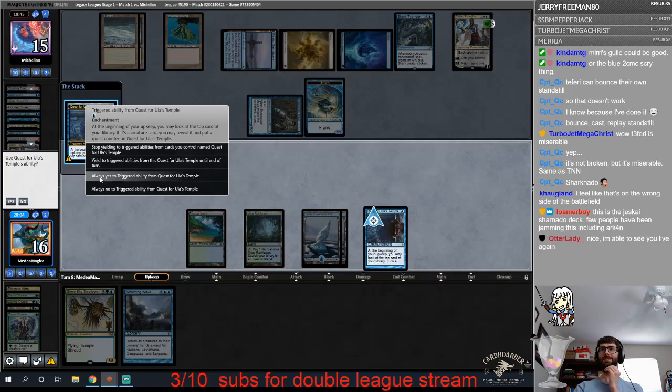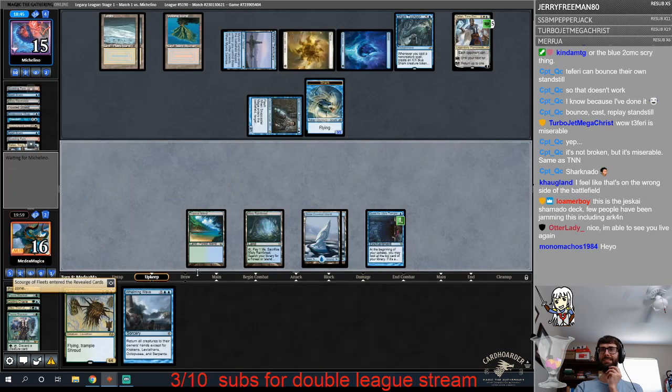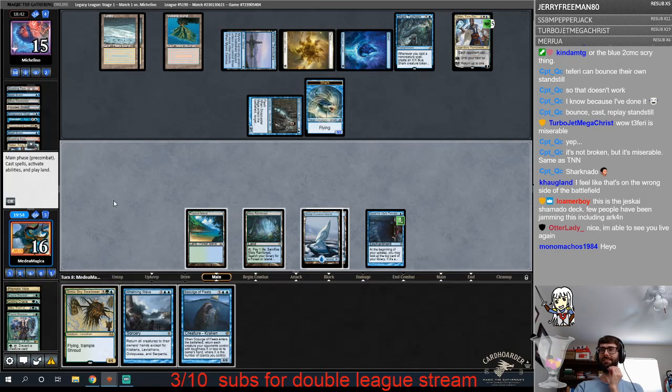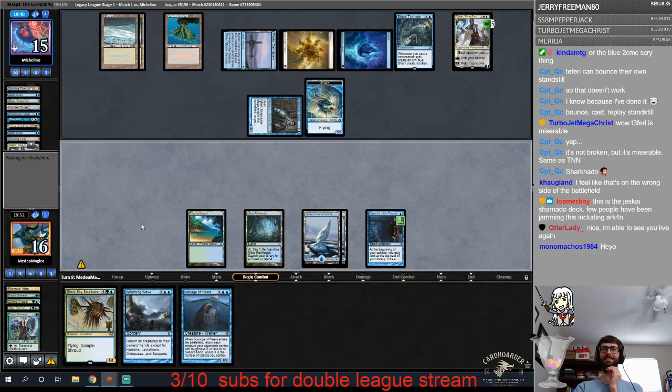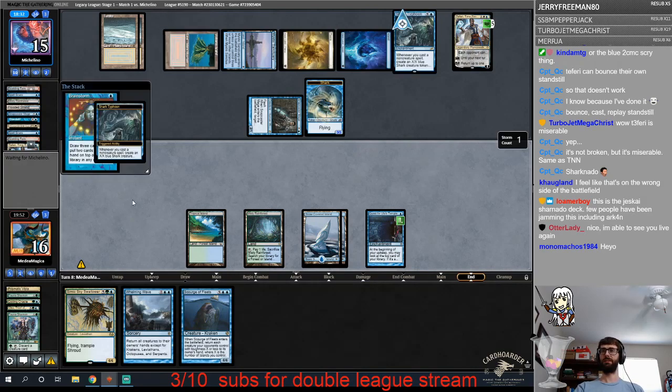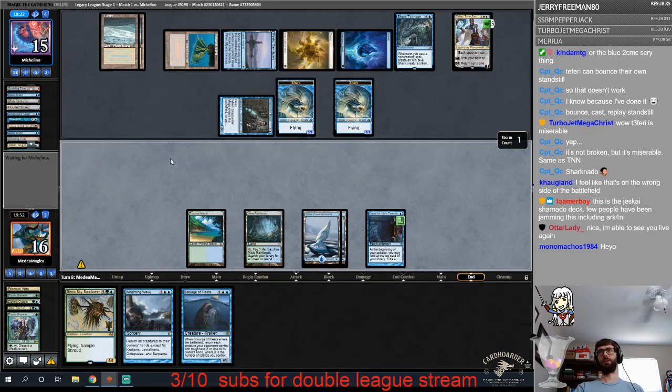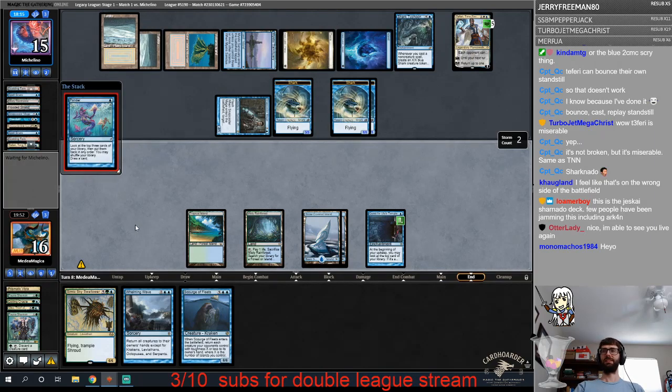Alright. Always guess to triggered ability from Quest for Ula's Temple. I really fetch that away, but it's fine. We might want it later. I guess with this deck, I do need an upkeep stop on my own upkeep. The worst part about this is I know my opponent has a Force of Will because they put it back with Mystic Sanctuary. I kind of have to hope my opponent lets the Whelming Wave resolve because they can